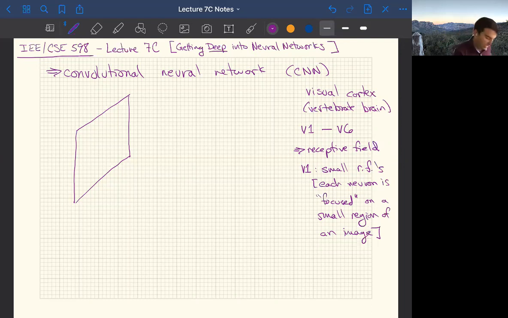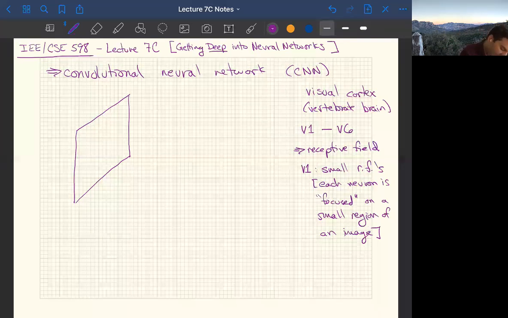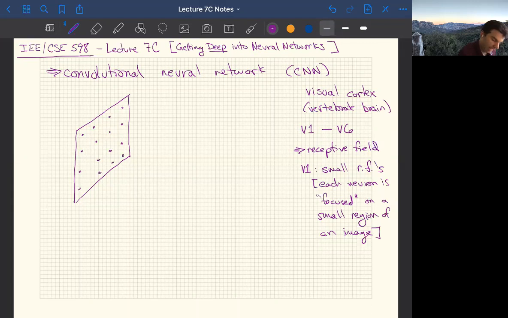And so if you were to map this onto a neural network that you might build inside your computer, it is as if you've taken this image and you've got a layer. Each dot is a neuron in this single layer, and each neuron is focused on this region of the image and only that region, and the neuron next to it is focused on a region next to it, and so on and so forth. And so you cut the image up into small pieces,